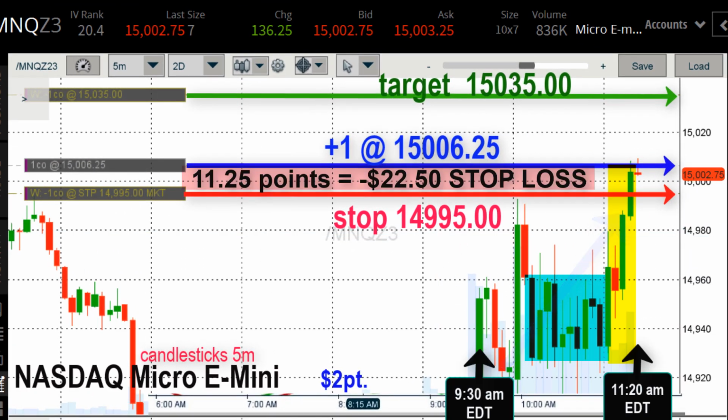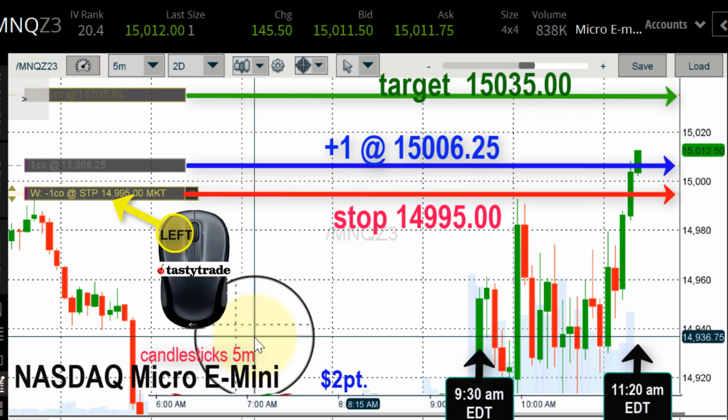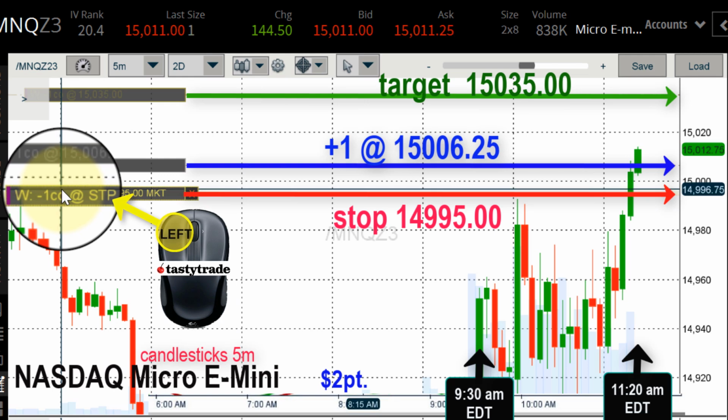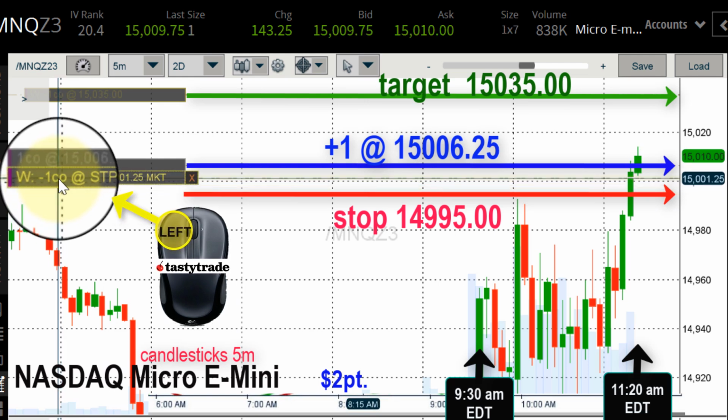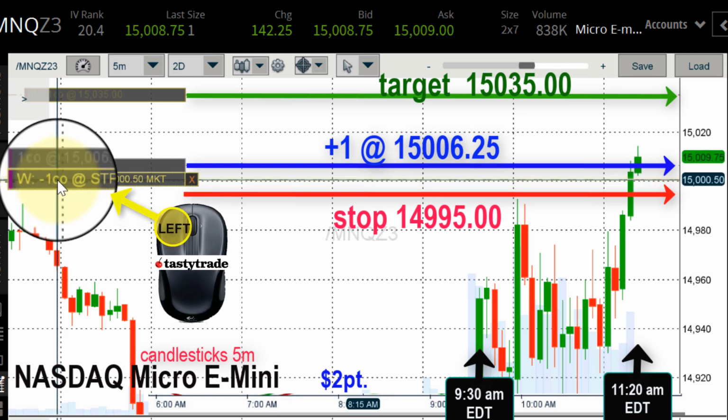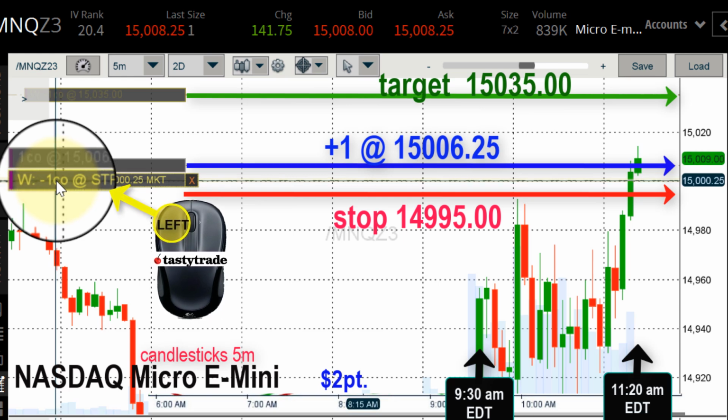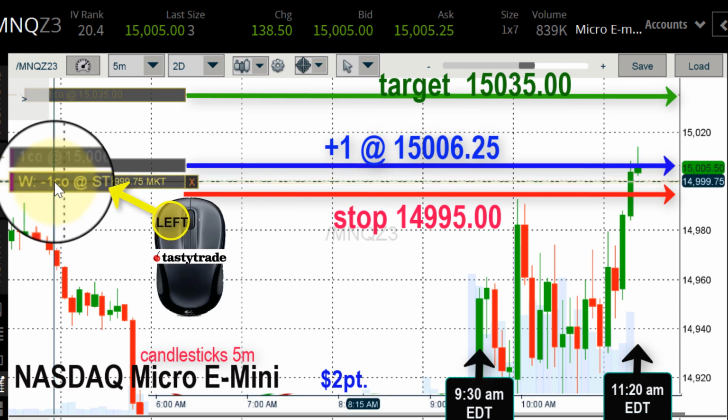And we're off. I bought one contract at 15,006 and a quarter, and I put my stop down at 14,995. So I'm going to risk $20 on the trade. Not exactly white knuckle money, but I don't want to lose it, of course. I get the Tasty Trade mouse, click the left mouse button and slide that stop order up the screen a